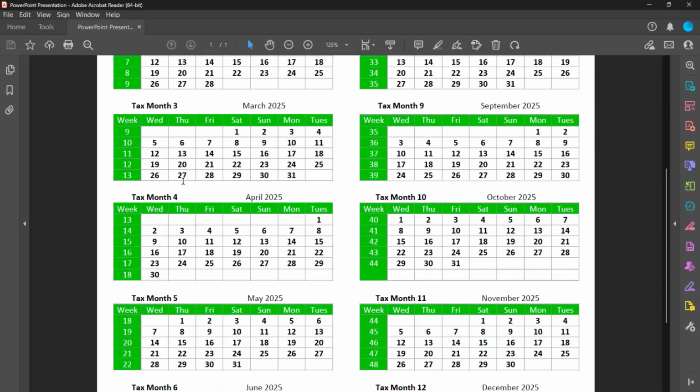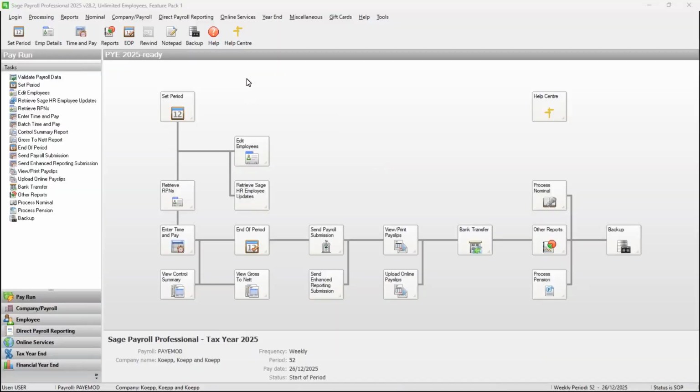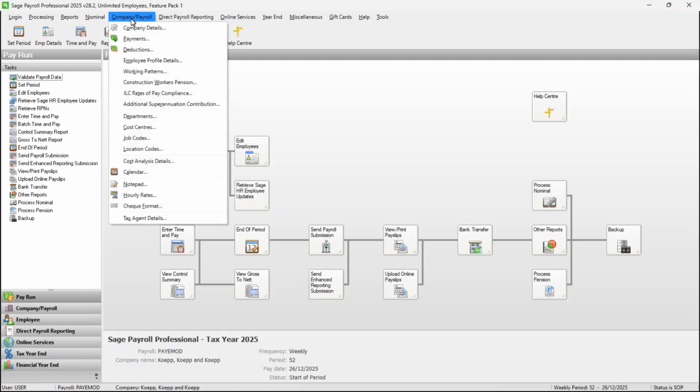And then by the time we get to the end of the year, if I scroll all the way down, you can see we've had 52 full weeks, and then we have the 31st of December, and that's the pay date that results in the extra pay period. So if you're not sure if you've got one, the easiest way to check is to have a look at your 2025 payroll calendar. So here I am in my 2025 payroll. And if I go to company/payroll at the top of the screen, and then come down and click calendar,